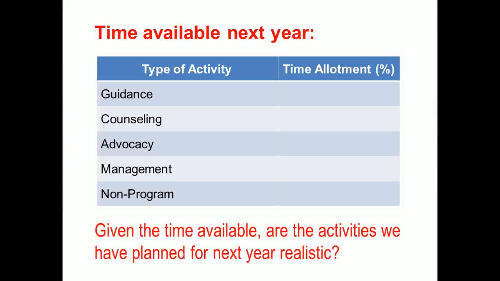Okay, but this is your final time to think, am I overextending myself? And then to just be upfront with your advisory council and say, with all the non-program tasks that we have, or with all the kids that have this personal or social issue, there's no way I can do all this, and let's go back and take out some of these goals.